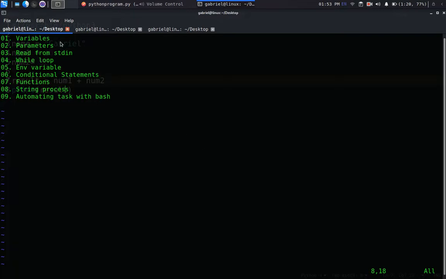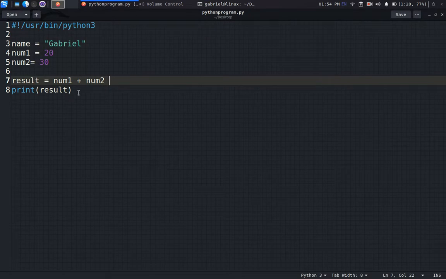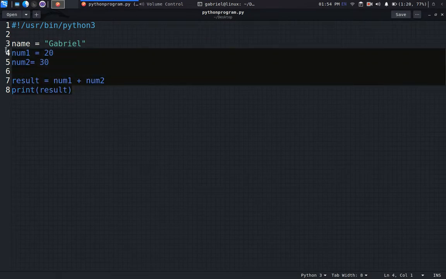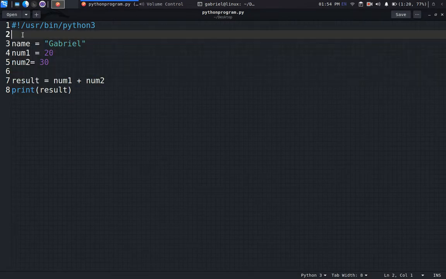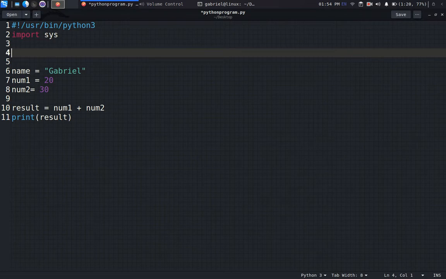Alright, so in this video we are just going to be talking about parameters in Python. Getting our parameters in Python is very easy, but something really different. The first thing we need to do is import sys itself, and then we can